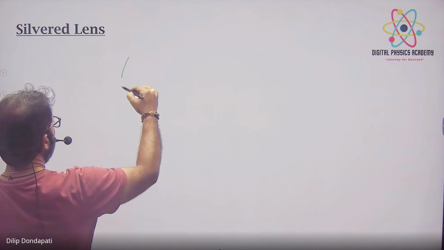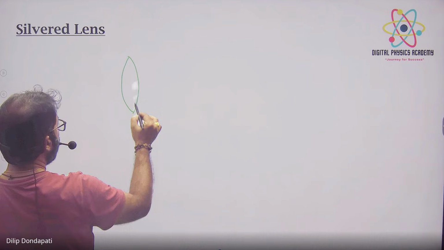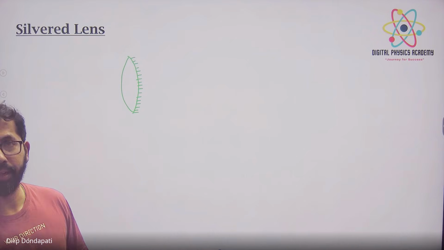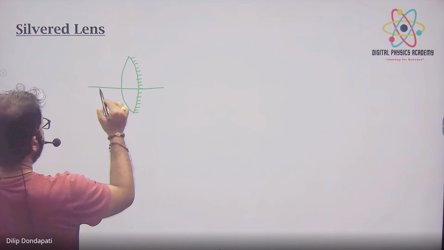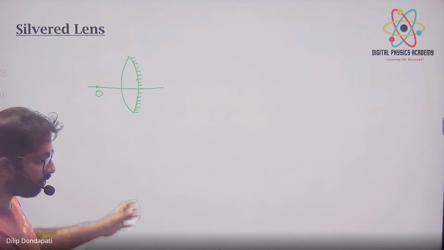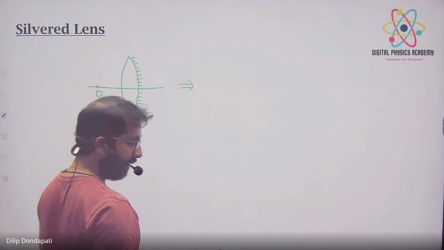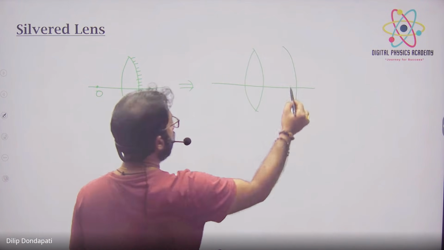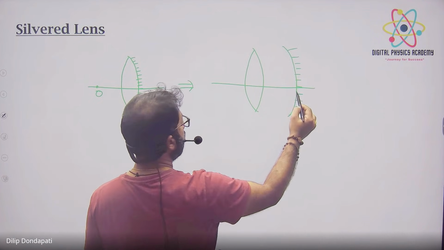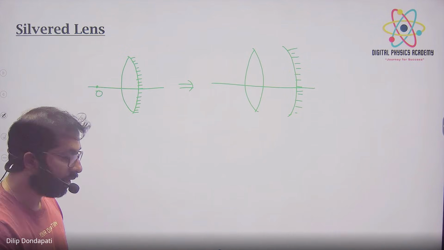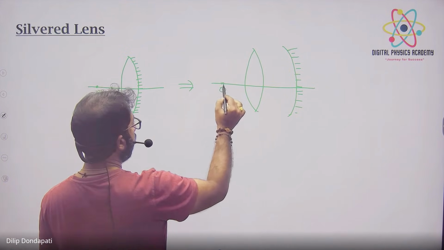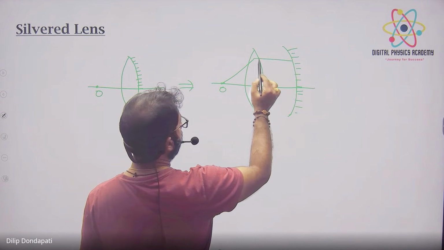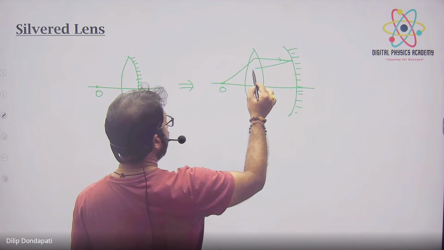जनरली कैसा रहेगा, दिस इज अ लेंस, राइट? इसको वन सरफेस को आई विल डू सिल्वरिंग, मतलब नथिंग बट दिस एक्टिंग लाइक ए मिरर। वन साइड इज एक्टिंग लाइक ए मिरर, सिल्वरिंग ऑफ लेंस बोलते हैं। ओके, सो हियर ऑब्जेक्ट आई एम पुटिंग। देखो, लेंस है और हियर इज ए मिरर। इसको if you analyze, this is acting like one mirror and one lens, silvering of lens किया तो उस तरफ मिरर जैसे एक्ट होगा। सो ऑब्जेक्ट इधर रखने से रे जाएगा, दिस कन्वर्जिंग लेंस, राइट, कन्वर्ज होगा, थोड़ा कन्वर्ज होगा, एंड रिफ्लेक्टिंग, रिफ्लेक्ट करके अगेन कन्वर्ज करके आएगा।